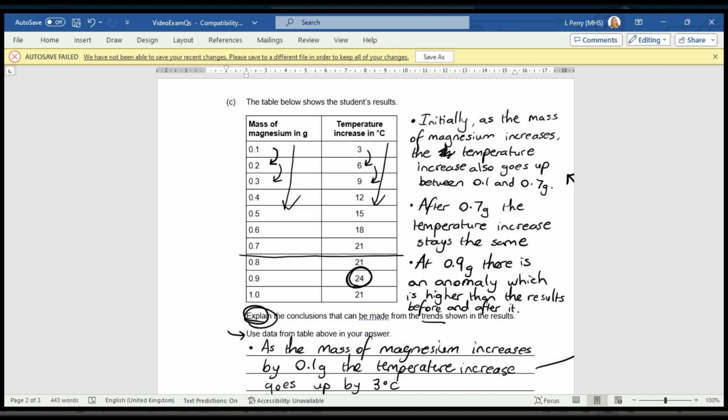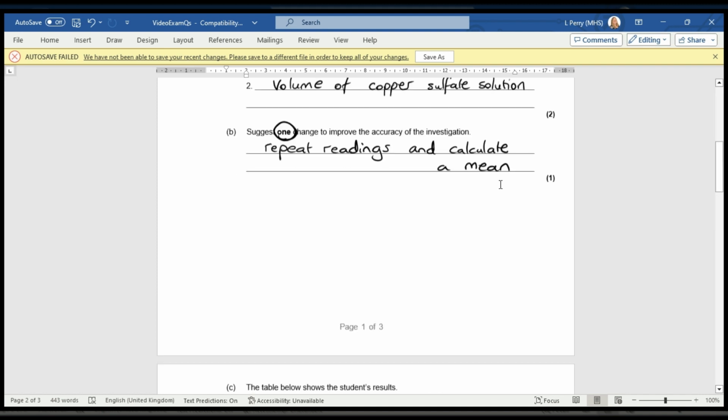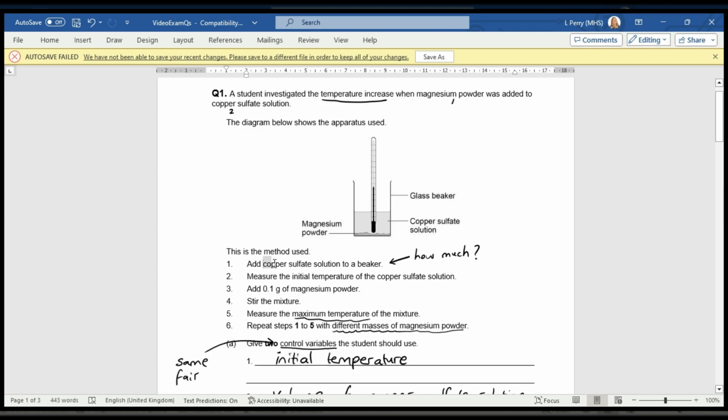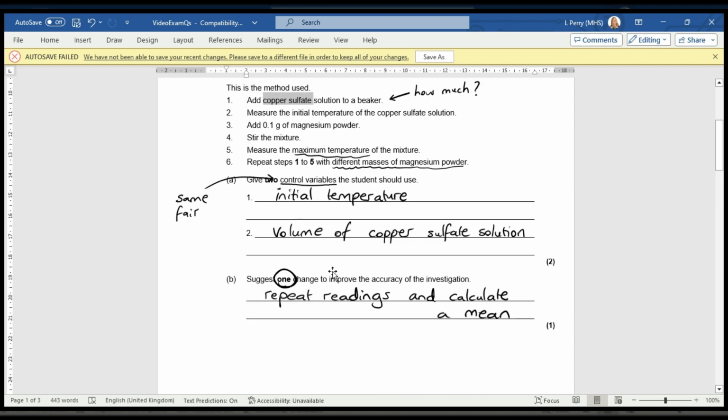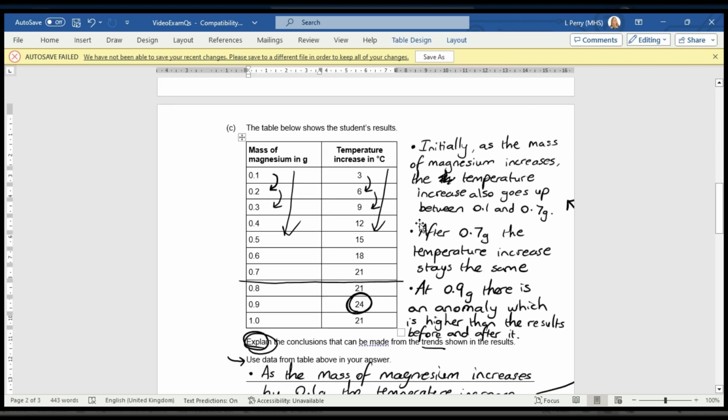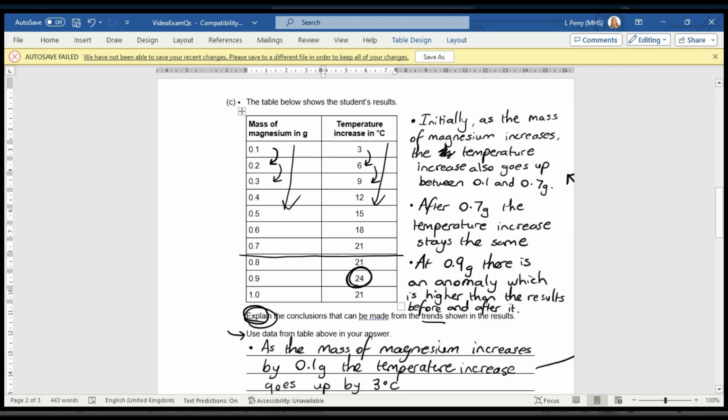Now, a final bit I can say is, well, I actually can work out why it stops going up. Although I'm adding more and more magnesium, I'm not adding more and more of the chemical that it was reacting with. If I just scroll back up quickly, the magnesium was reacting with copper sulfate solution. Well, I'm not adding more of that. When that runs out, nothing's going to happen. So this must be where the copper sulfate solution had all reacted, and there was none left to react with any more magnesium. So the final point I'm going to make, which I'll have to make up here to try and keep everything on the screen, is